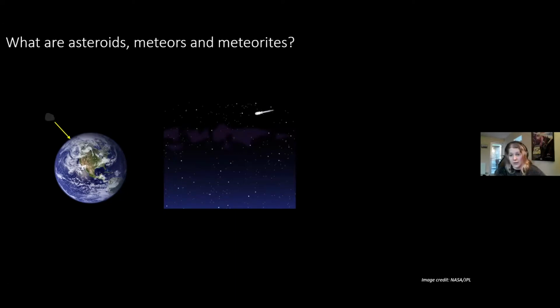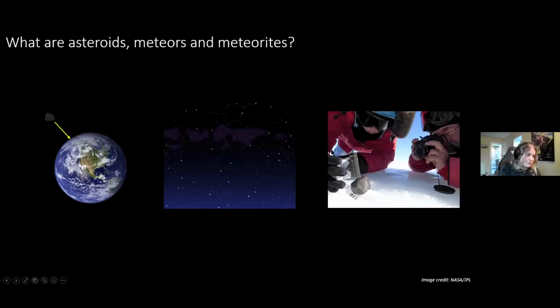To create something like a crater, a much larger impact, like what we were talking about last week, the Barringer crater in Arizona, you need something very large. So don't worry about that. We're not going to be talking about anything that's going to cause any sort of damage. We're talking about these rocks that fall quite gently to the surface of the Earth. At the point that they hit the ground, that's when they become a meteorite. So these are rocks from space that we can pick up and study.